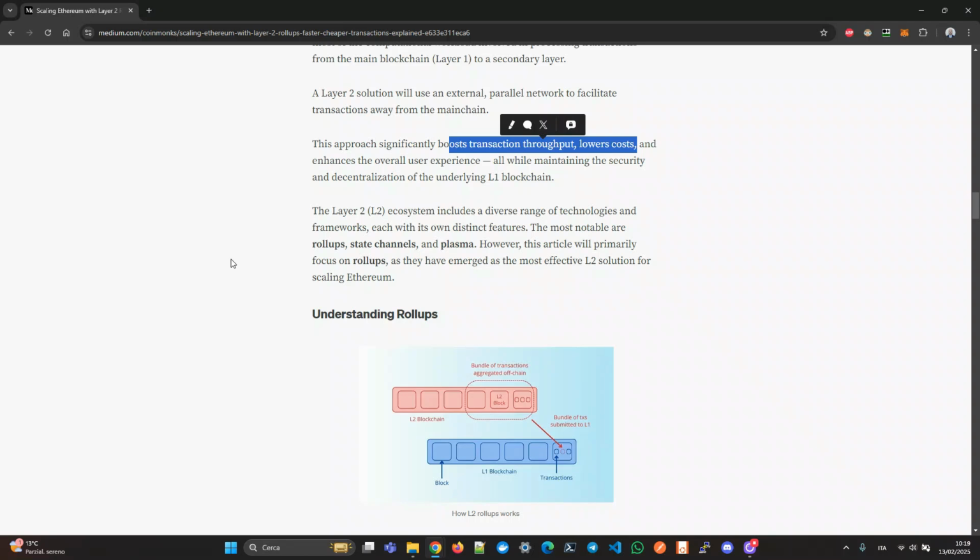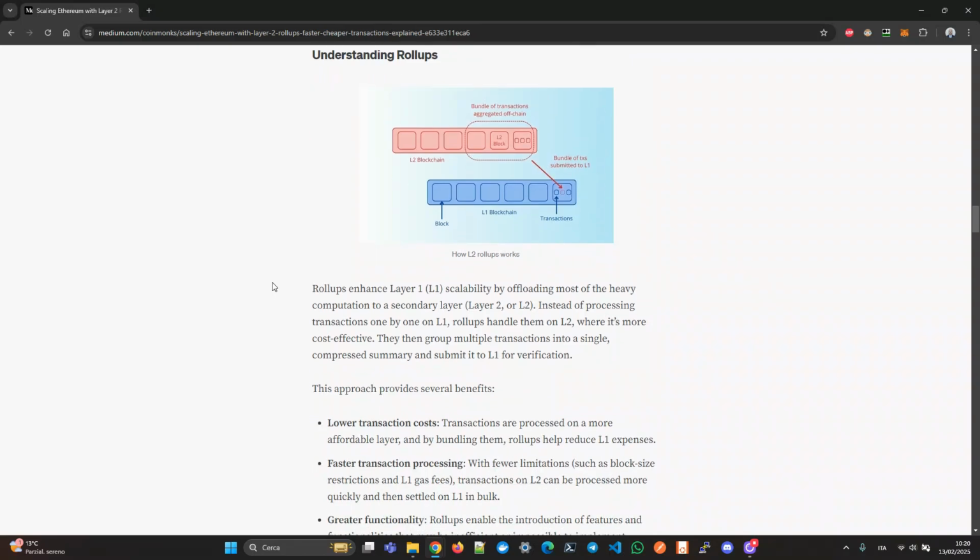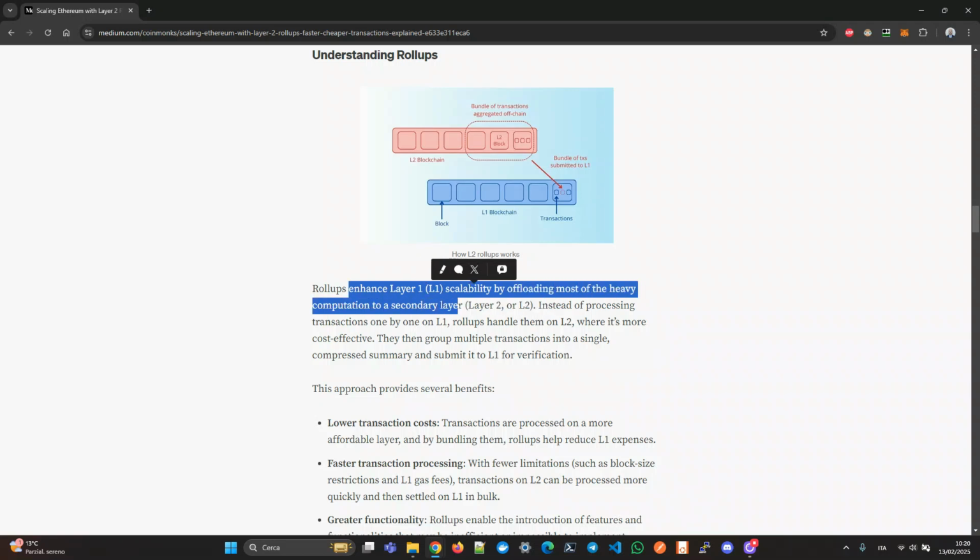There are various technologies and frameworks that have been developed as layer 2s, like rollups, state channels, and plasma, but we will focus in this video on rollups because these are the most prominent solutions. So, as we said, rollups enhance layer 1 scalability by offloading most of the heavy computation to a secondary layer, a parallel blockchain. As you can see here,